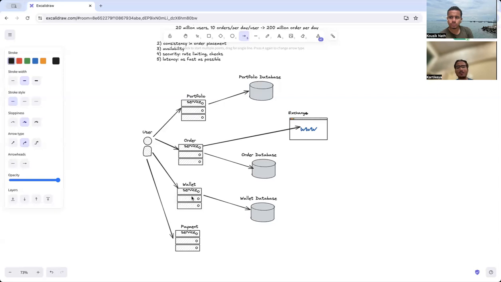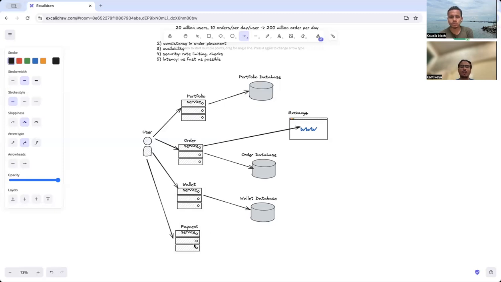So that key will be provided to the browser, and then the user will basically be redirected from the wallet service to the payment service. We will be passing that key somewhere in the URL or something like that, or maybe we return the response to the user, and from there that basically gets used. And then the payment service basically